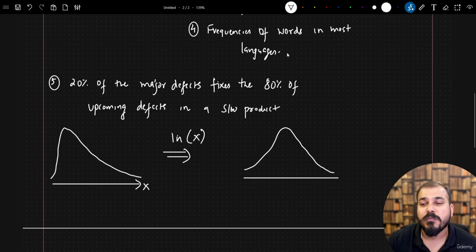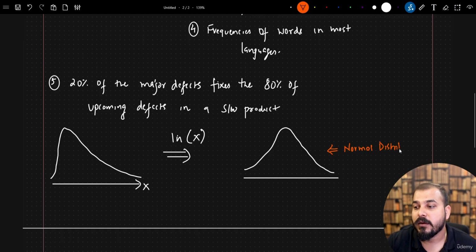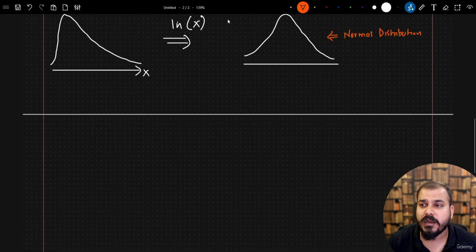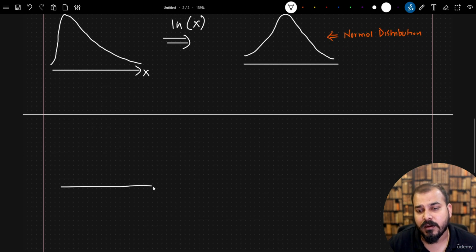Why do we do this? Because there are many machine learning algorithms which want the data to fall as a normal distribution so that the algorithm will be able to perform well. Similarly, what if I have power law distributed data,